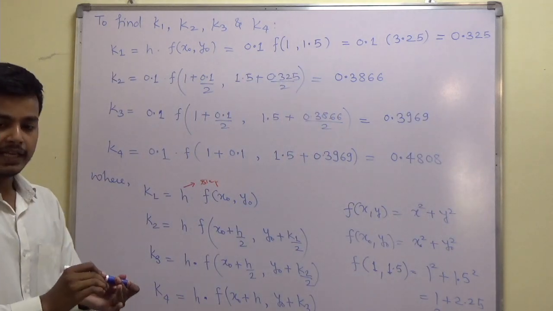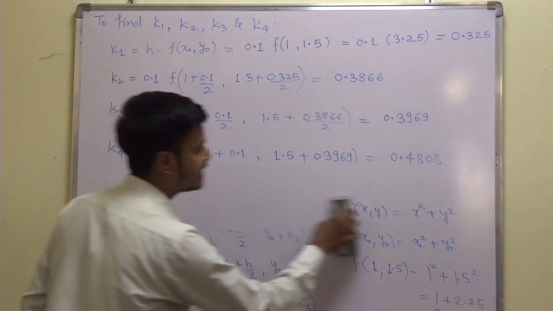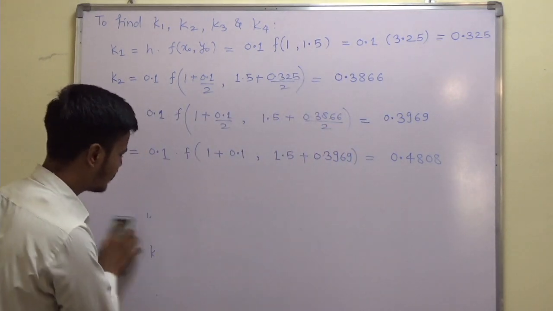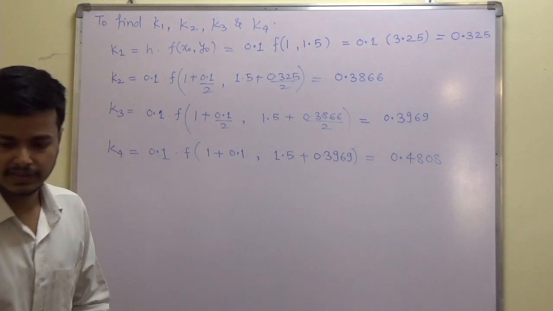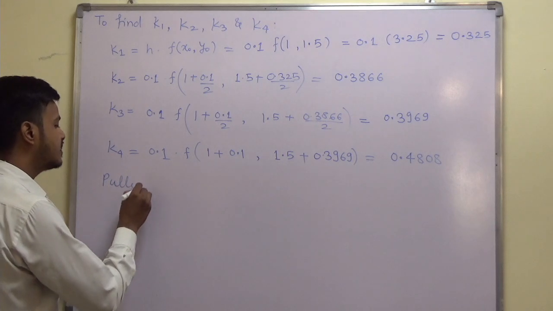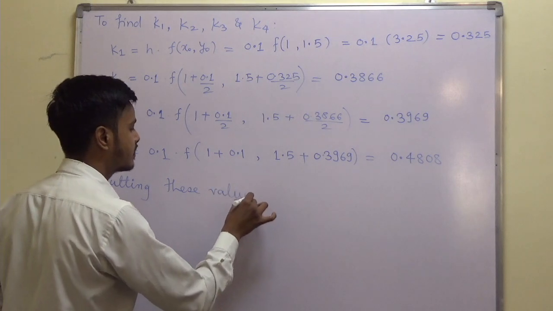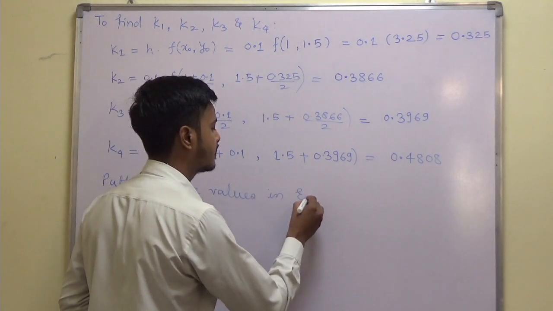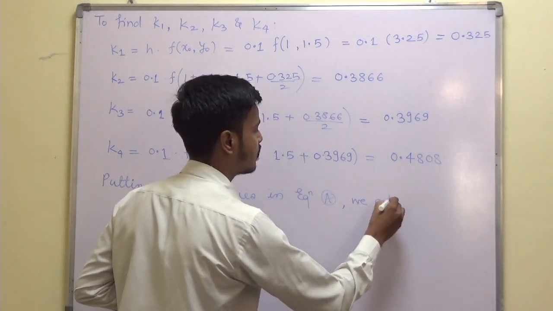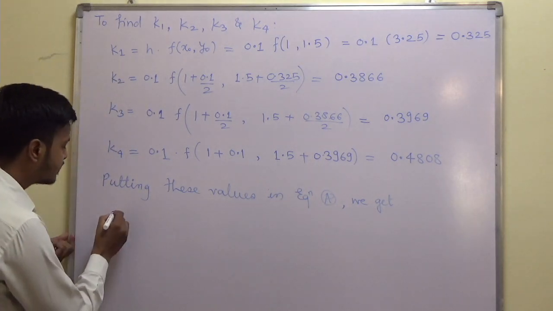0.4808. Now you have all these values of K1, K2, K3, K4. So put them in equation number A, which we were given as equation number 1. You just need to write one sentence here: putting these values in equation A, we get